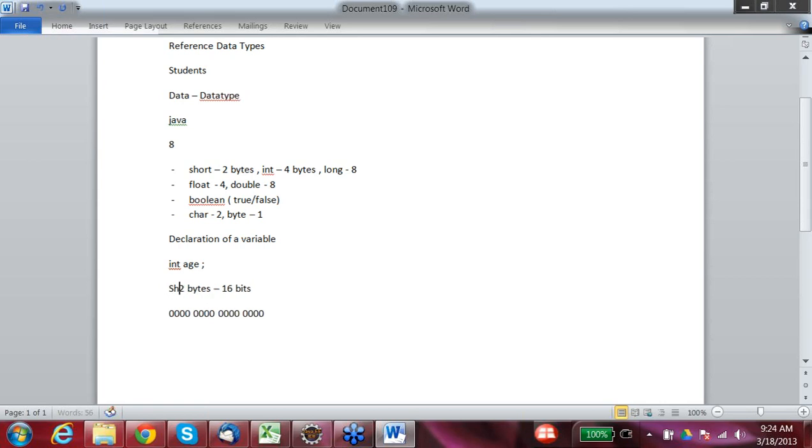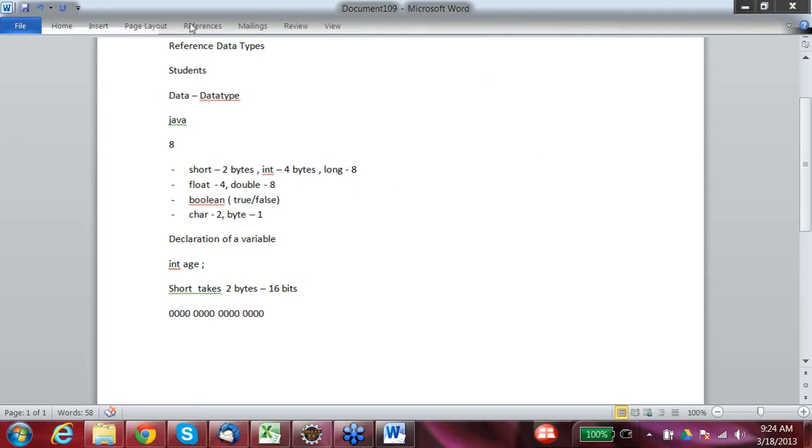Short takes 2 bytes, which is equivalent to 16 bits. Every bit can take either 0 or 1. So what is the maximum value which can be stored here?